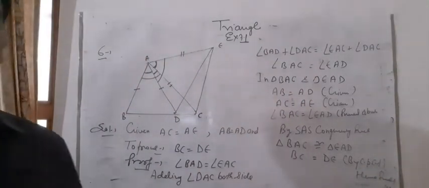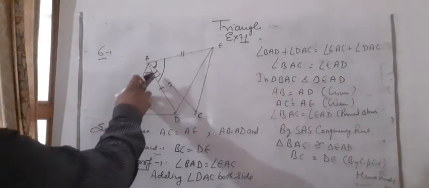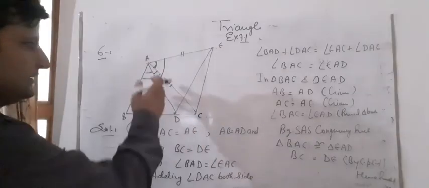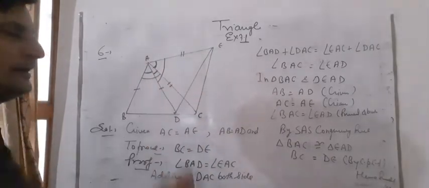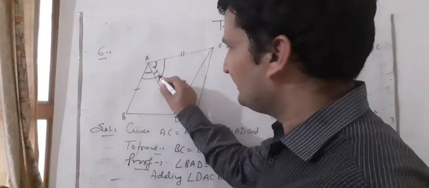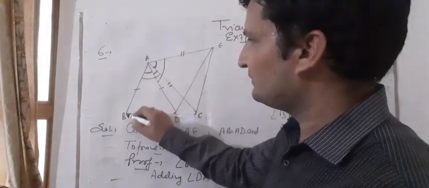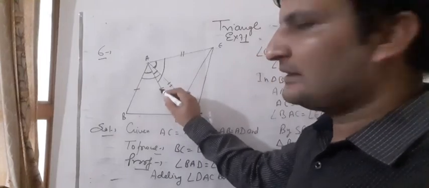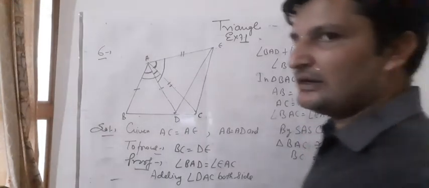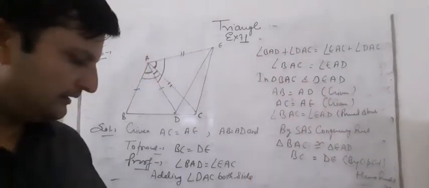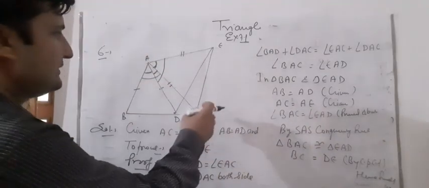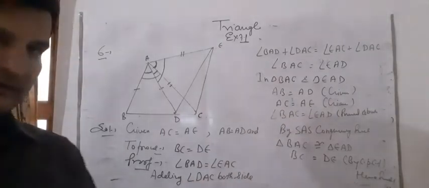This we have to prove, students. First we have to check it, but it is not given. It is a common angle, so we have added this common angle to both of the sides. We have to prove that this is equal to this. How can we prove it? When we added this common angle, we got this whole angle. So we have taken these two triangles. This side equal to this side already given, this side equal to this side already given, and we have proved that this angle is equal to this angle. So by using the SAS property, we have got that this is congruent to this, and so we have got BC equal to DE by CPCT, students.